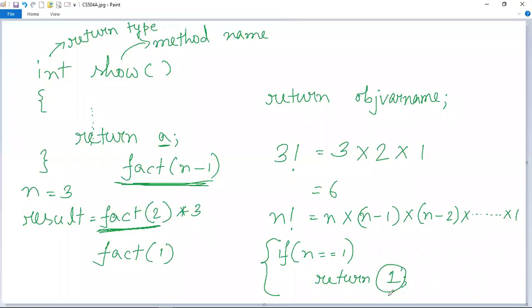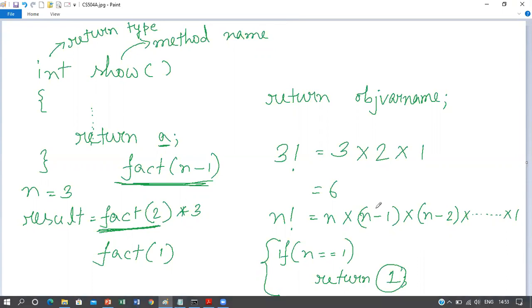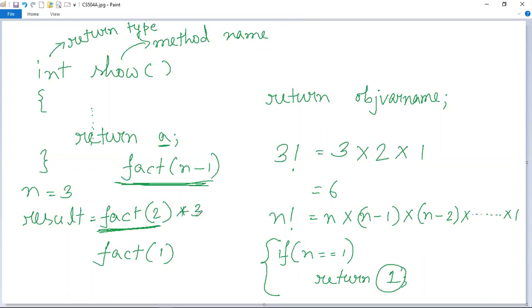So after this one value has been returned, these values will be then multiplied, because we can see that these multiplication statements are written after this recursive method call. That means this one value has been returned to its calling method. This one value will then be multiplied with 2. Why 2?